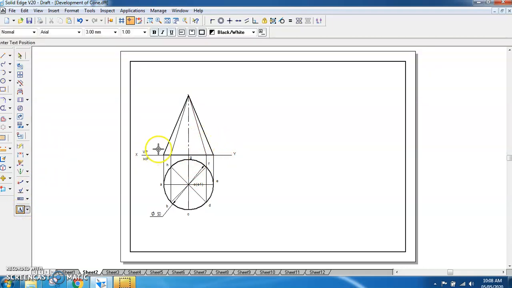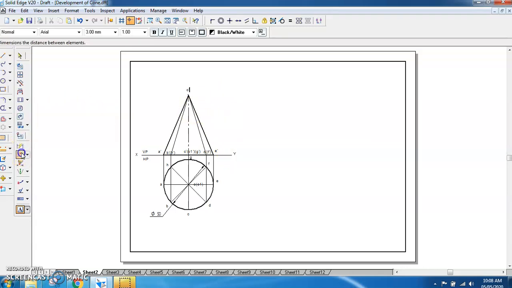Then we can name here again, this is A dash, this is B dash and H dash, this is C dash in bracket O1 dash, in bracket G1 G dash, sorry, then you have D dash in bracket F dash, and then here you have got E dash, and the last point which is O dash will be having here.